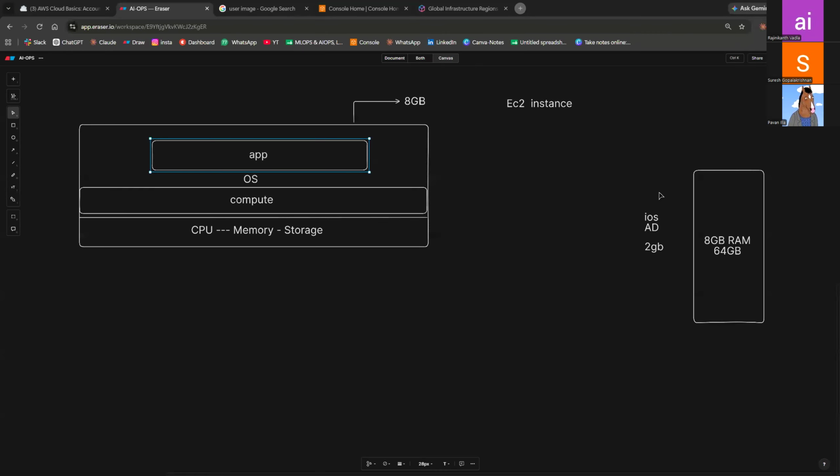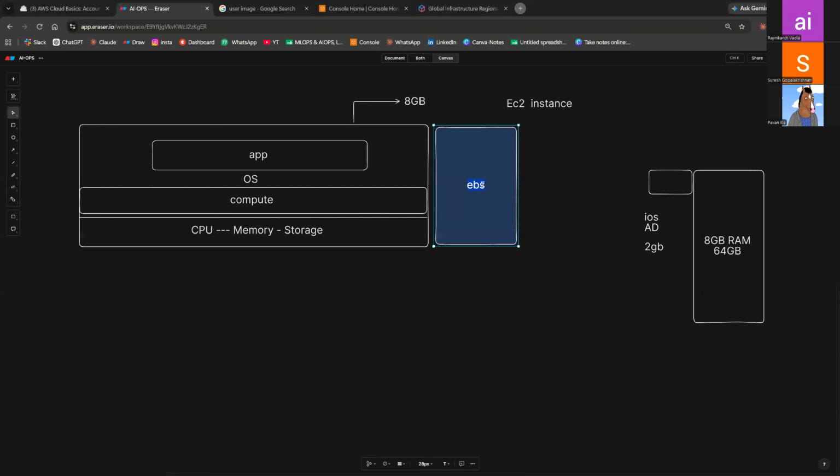When it is full, in your mobile case, what will you do, sir? You will add an extra memory card to it, right? But what about the server? You need to add an extra EBS, block storage.